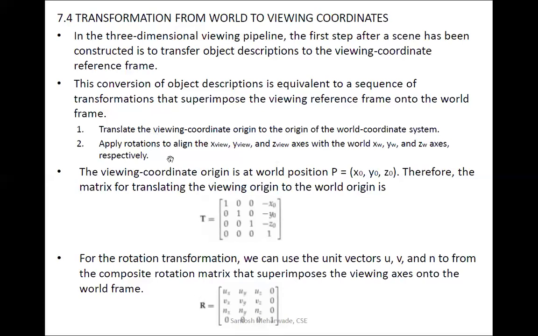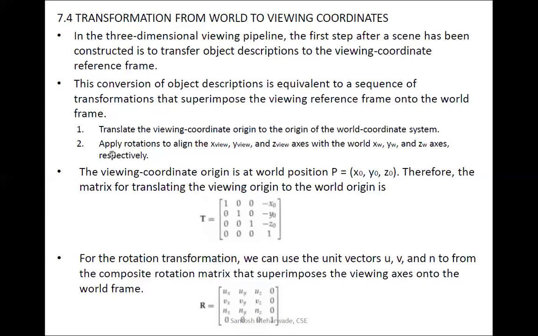So we know that the world is bigger than the viewer, because the viewer is a part of the world. For example, you can take the world as our Earth, and the viewer is nothing but the person. The person's size is very small compared to the world. The viewer is always there in the world, but in the viewer's frame the world can't be seen.